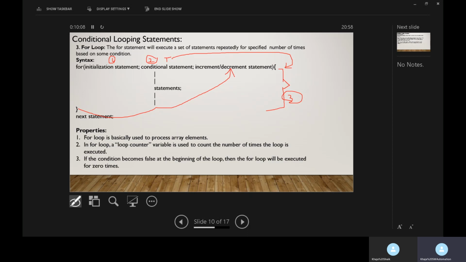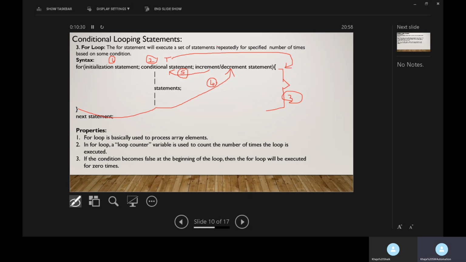After the increment or decrement statement, again the condition statement will be executed. This is step 5.